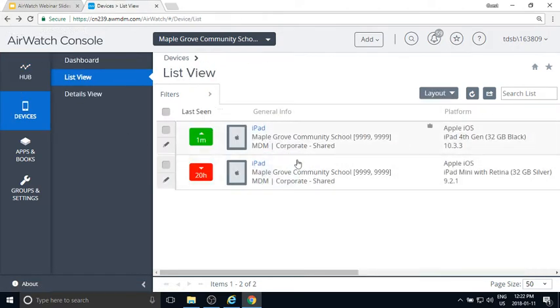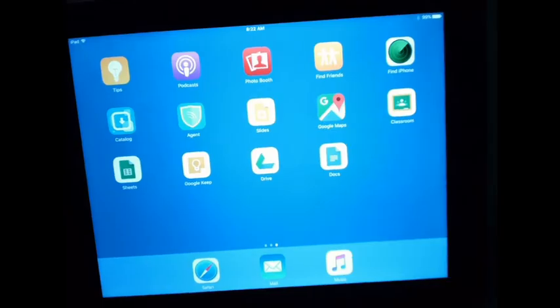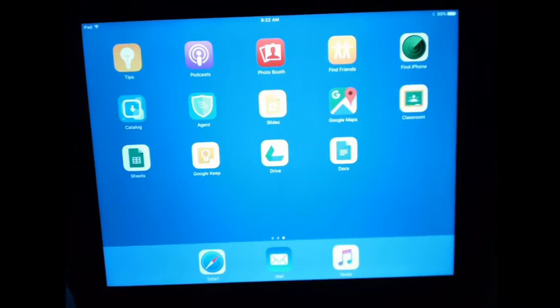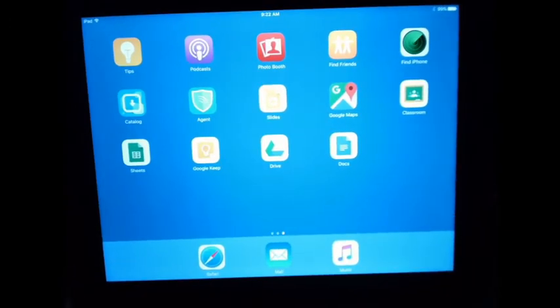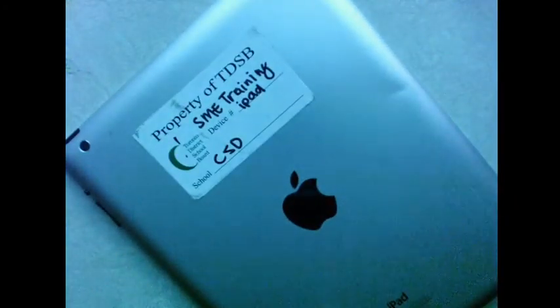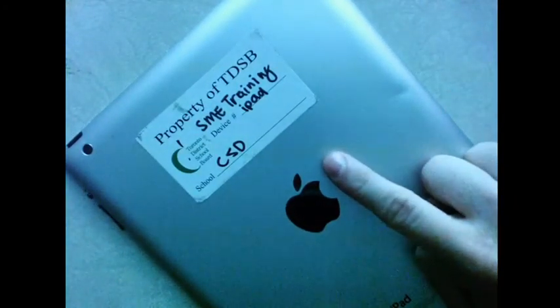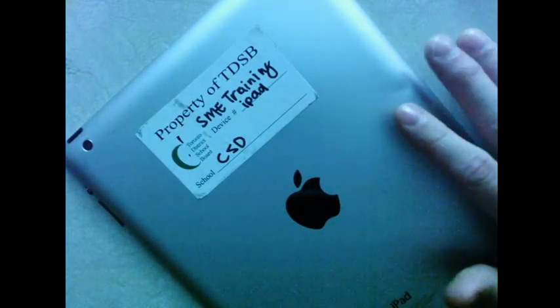So before getting into creating a list with serial numbers and having a spreadsheet of all your iPads and their serial numbers, the quickest way to rename your iPads, which Todd Larder touched on, is that you do it on the iPads themselves. This obviously does take a while, but this is probably the best way to do it. So you can imagine if I looked at the back of my iPad here, this one's called SME Training iPad. If I have a sticker on the back and let's pretend it says iPad 5, I would take this device and flip it around,